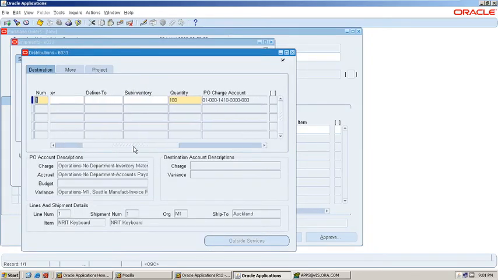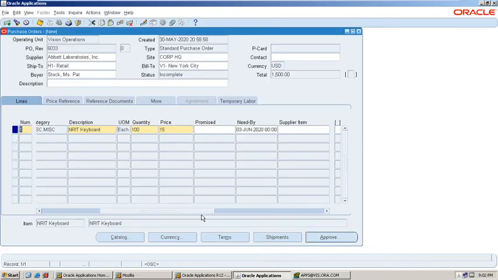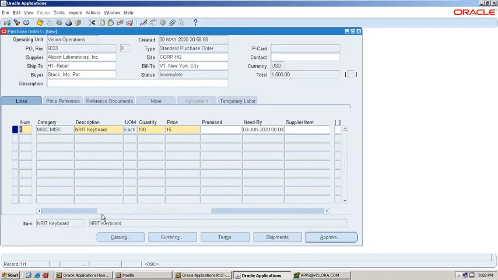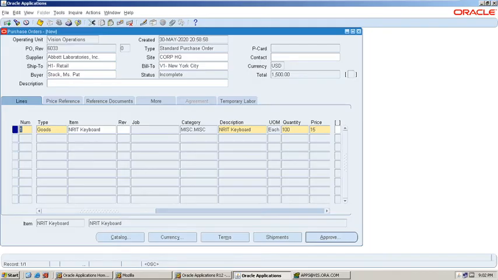Here you will see the code combination details, meaning the charge account details, at the distributions level. In shipment level, you will see the ship to organization details. In lines level, you will see the item details. In header level is the supplier details.